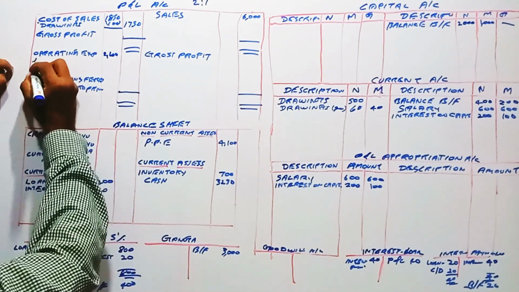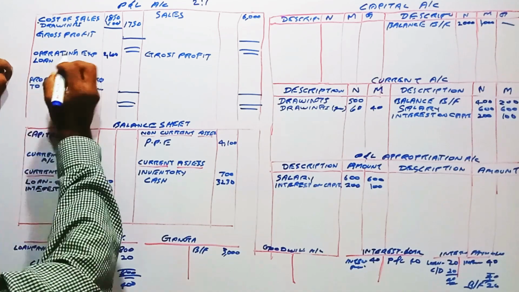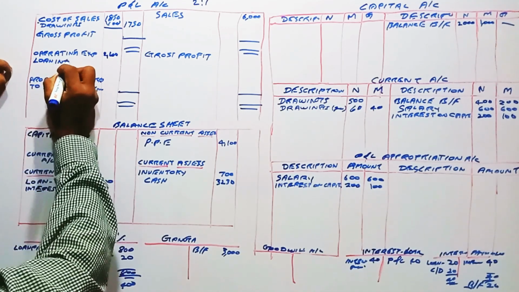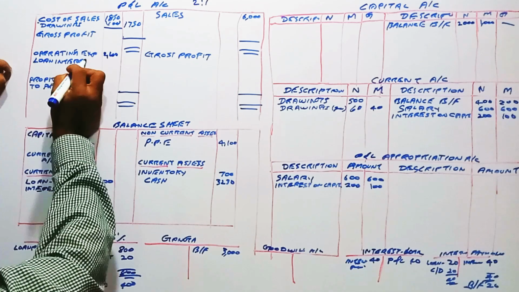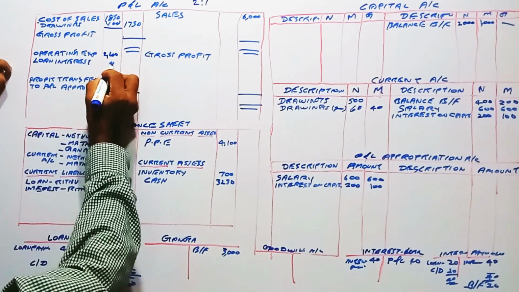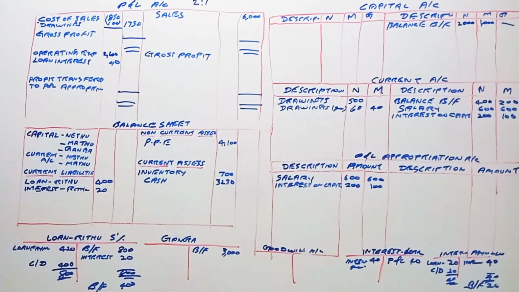Loan interest 40, right? The interest payable in the remaining loan balance has not yet been accounted for. So